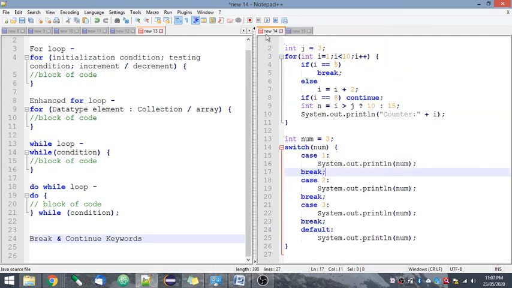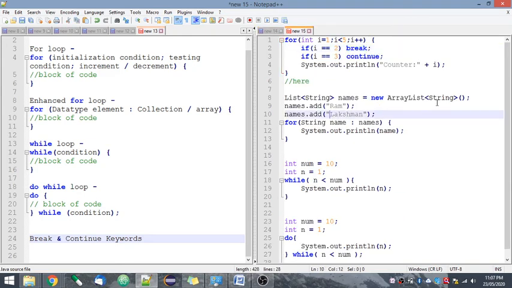Same way, if it is encountered in a switch statement, like we write after every case. So whenever we write break, like in this case we have entered case 3, if we break, the control will come out of this case and it will reach the next statement following the switch statement. Here the control will come here. So this is why we use the break statement, just to get out of the loop or the iterations that we are going through.